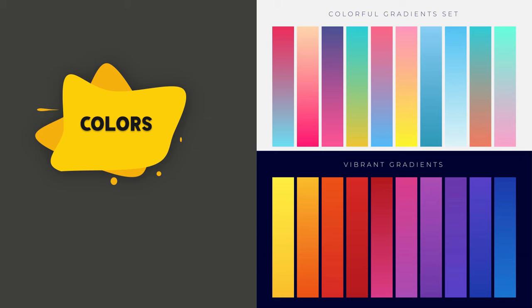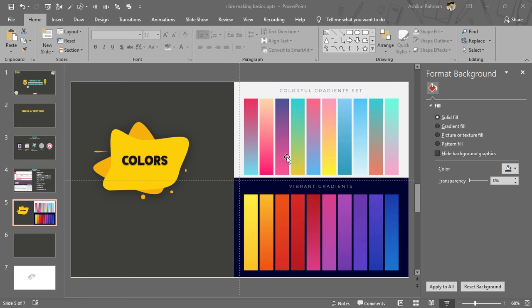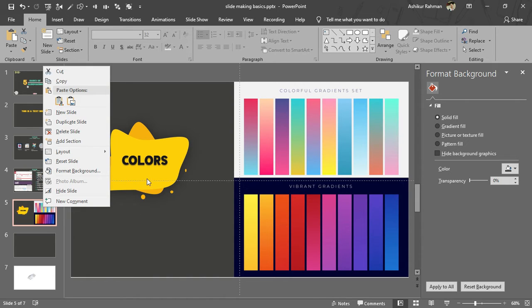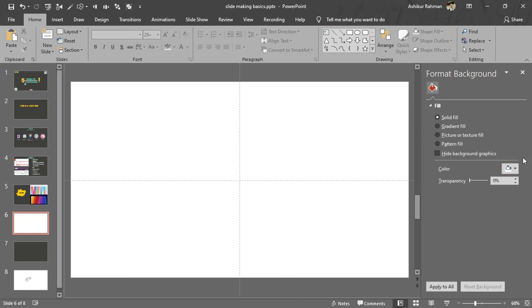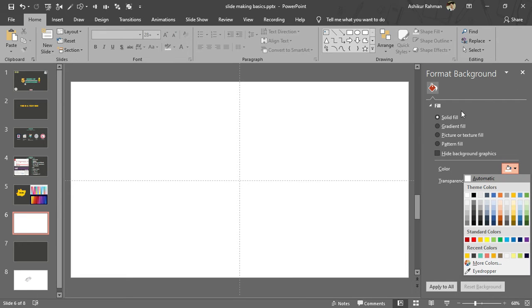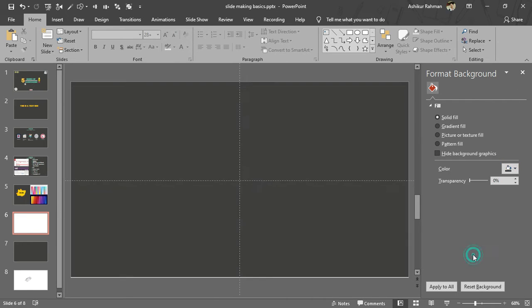It is not too much eye popping. You have to choose this type of variant color or this type of soft gradient color in your presentation slide. It will attract people and keep the attention of your audience. So let's see how to pick this color in different shapes. So I am taking a new slide and removing this dummy text and choosing our background. We go to format background, then choosing this color.